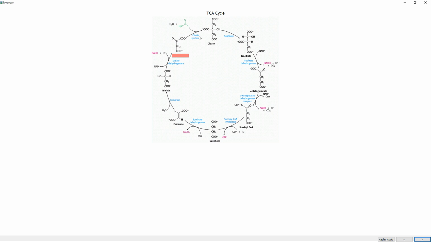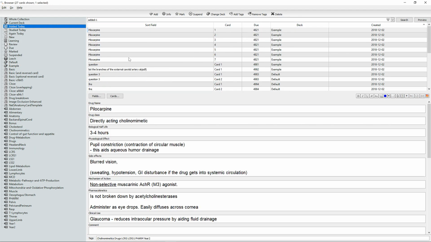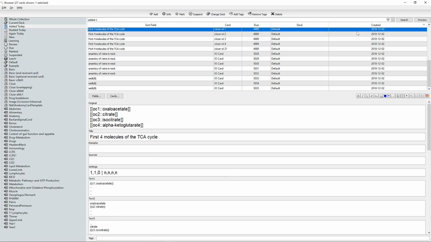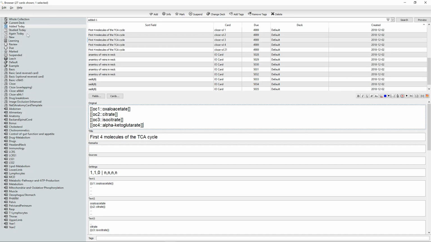This way I can see what comes before, what comes after, and then work it out that way. And then you can go across and you see how it works that way. And it's quite useful to use that. So I made the example of the Cloze deletion card here of the first 4 molecules in the TCA cycle. And whilst this is good, you see in the